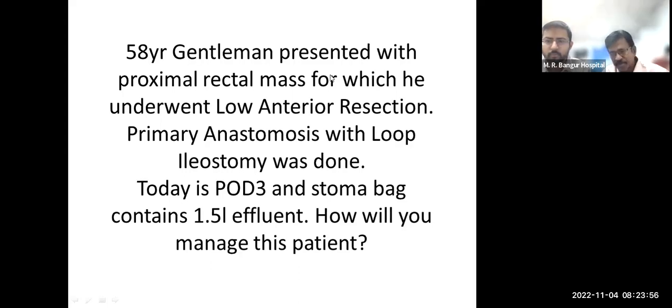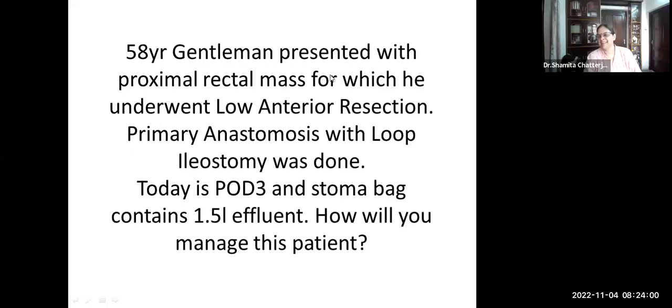Any role for putting some local pressure for some time? As simple as that, actually. Just apply a bit of pressure. If it is just fine oozing, that might stop it. So just put a wet gauze piece and compress for some time. Usually they stop. If it is not, then you have to think of using some sort of energy source,